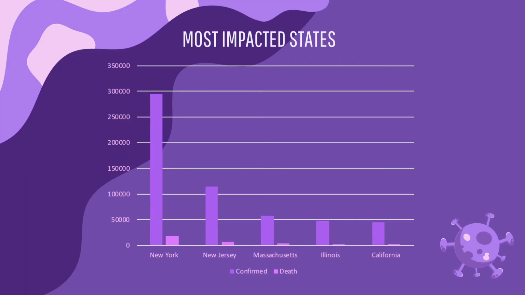New York has become the epicenter of the country's outbreak with nearly 30,000 confirmed cases and 2,300 deaths so far. Massachusetts and Illinois are states that have had high growth in reported cases and deaths. The good news is, in some states like New Jersey, Florida, Louisiana, and Connecticut, the number of new cases is now decreasing.